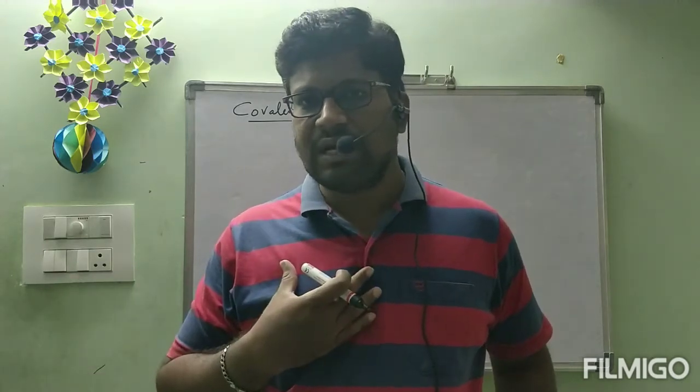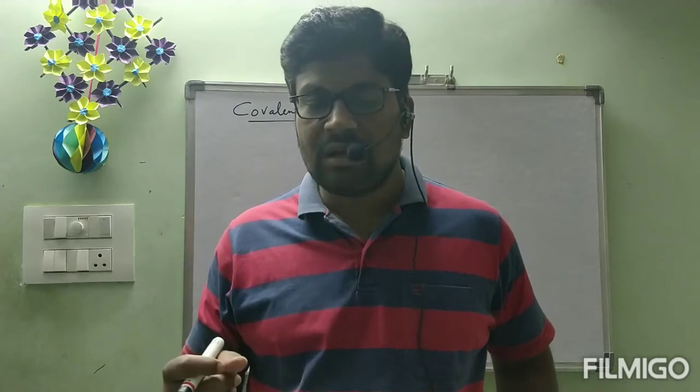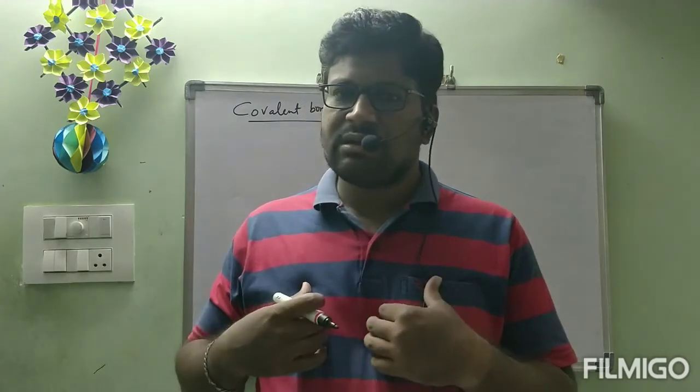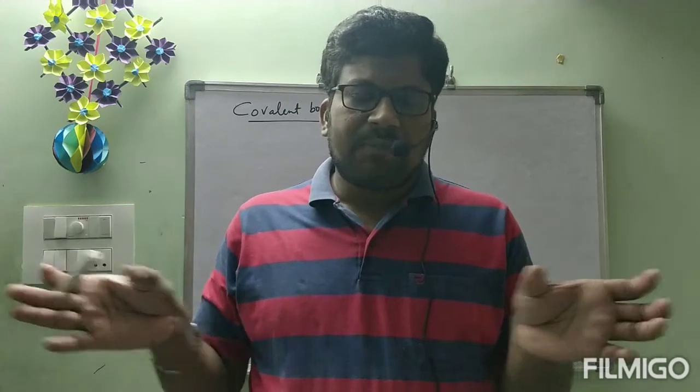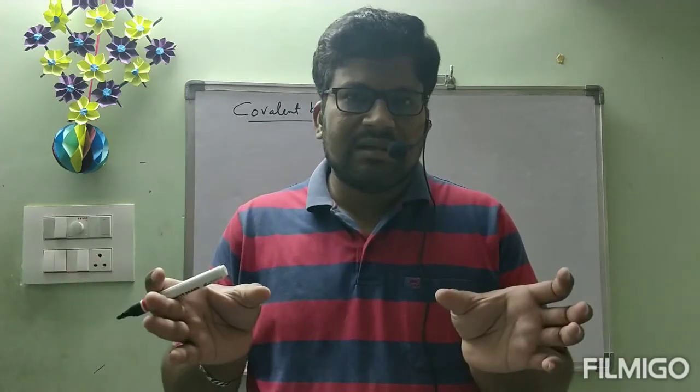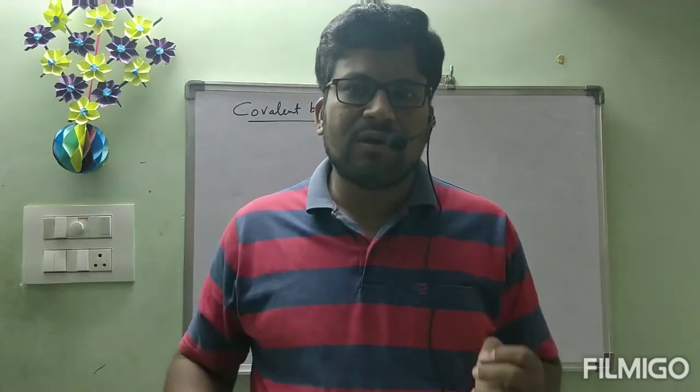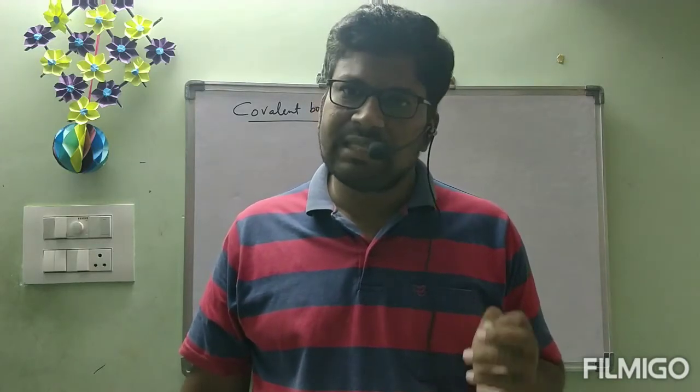Previously, we have seen ionic bond. In ionic bond formation, one atom has excess electron and another atom has deficiency of electron. Then one atom will donate the electron to another one. The atom which is donating the electron is formed as a cation. The atom which is gaining the electron is formed as an anion. Then opposite charges will be electrostatically attracted. There is a bond formed. That type of bond is called ionic bond or electrovalent bond, like that we have seen.